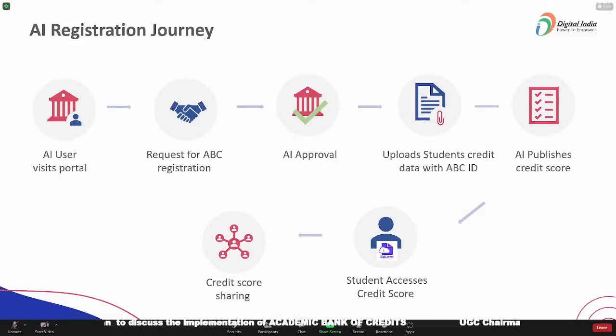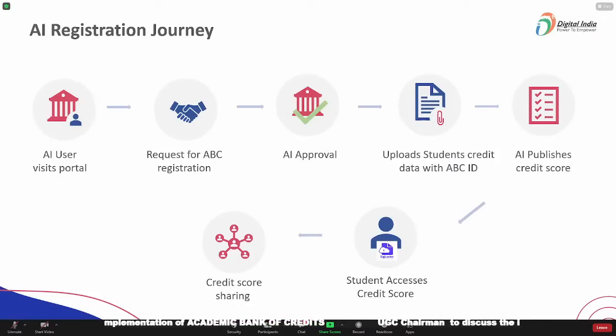Many of the universities which are already on NAD have to register only for ABC. Those institutions which are still not on NAD have to first register on NAD and then they can register for ABC. I will take you through that also. Once they request for ABC registration and we approve it, we generally approve a particular institution in 24 hours only. After that approval, the institution is allowed to upload the credit data